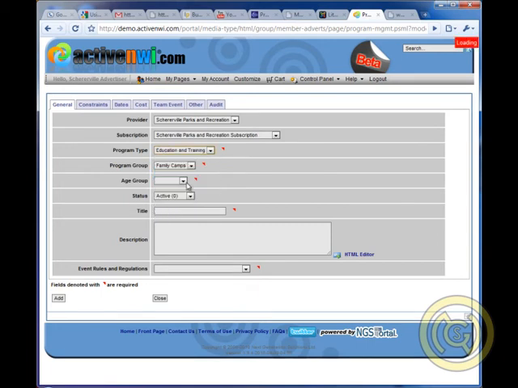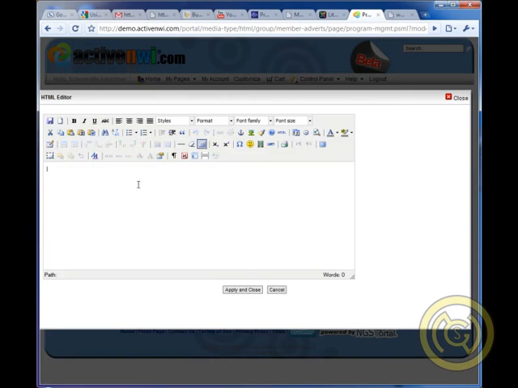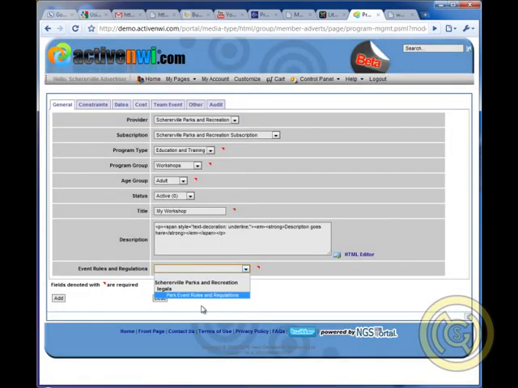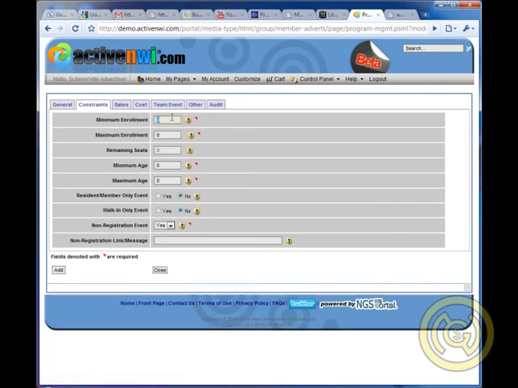So I will stick with the education and training workshops. I will select the age group for our program, title, you can put in a description and use the handy little HTML editor to format it. So you can put any types of formatting options. Select the default terms of use, and in the next tab we would put in the minimum enrollment for this program,